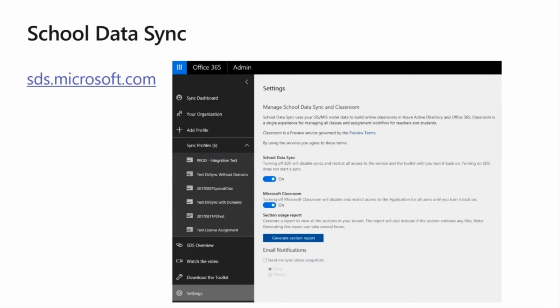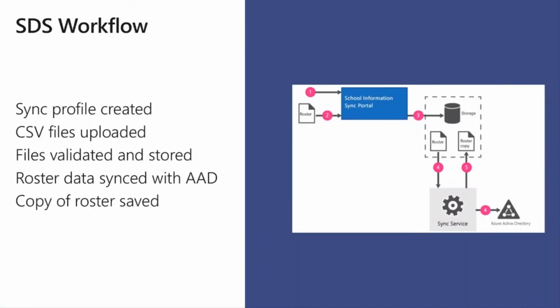And let me show you what that workflow looks like. So you create a sync profile. A CSV file format is uploaded, or if you're using things like OneRoster, there are existing APIs. That then gets sent across using the School Data Sync format, which has a level of validation just to make sure the data